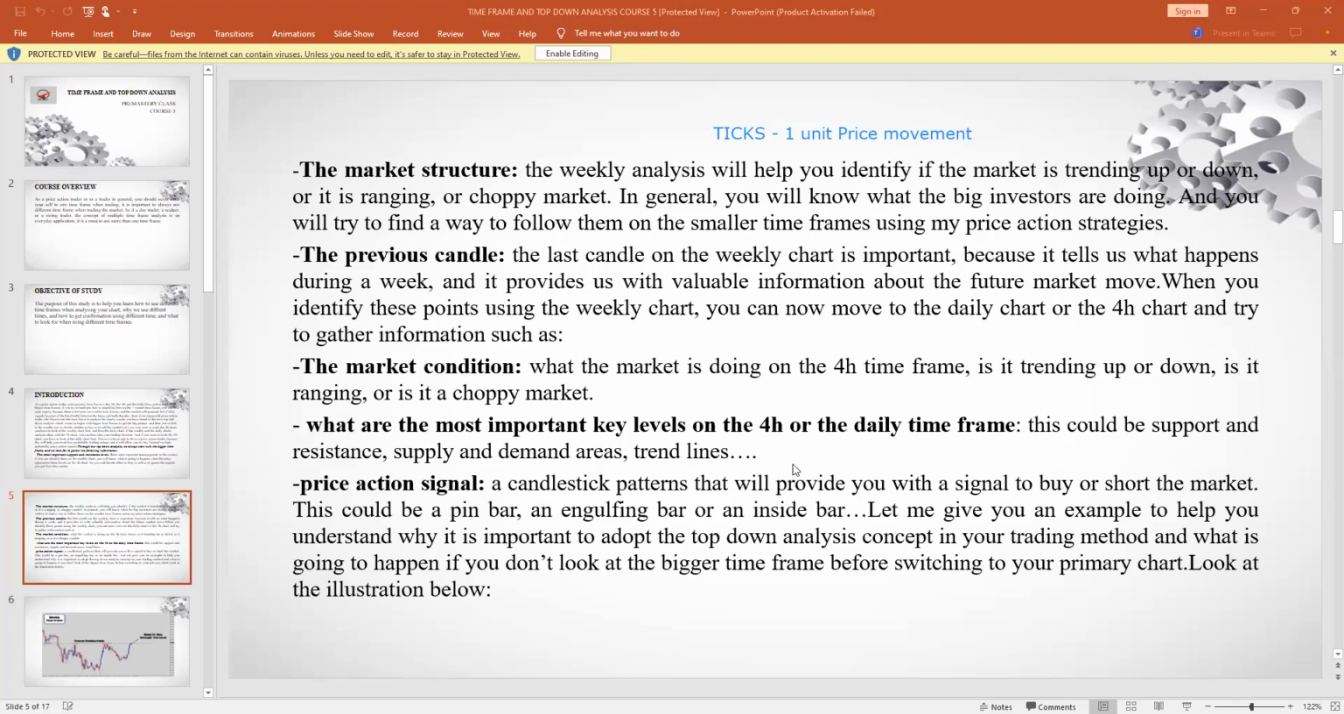All right. So the next thing is, now that you have observed the support and resistance on the weekly time frame,